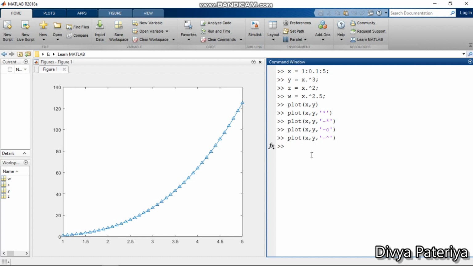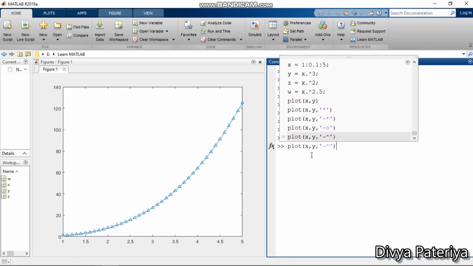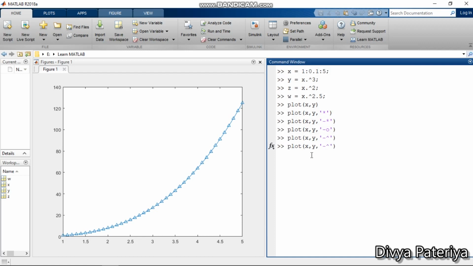Now suppose I do not want these coordinates or this line to be in blue color, or I already have a color in my mind in which I have to draw the plot. So suppose I want this to be in red color, so I will simply write R for red, and when I press enter I will see that this has now become a red color in the plot. Okay, so we have plotted x and y. Now let us plot x and z. So for z, suppose I want it to be in magenta color, and I want it to be represented with a star. As soon as, oh, but before that I have to write hold, otherwise the previous contents of this will be gone.